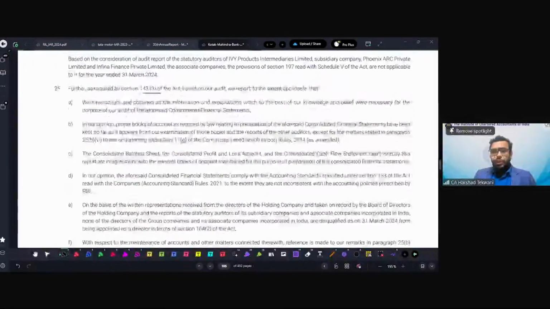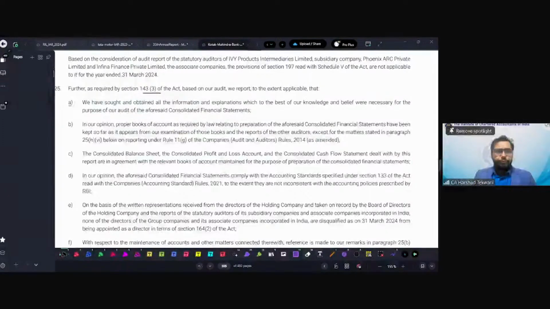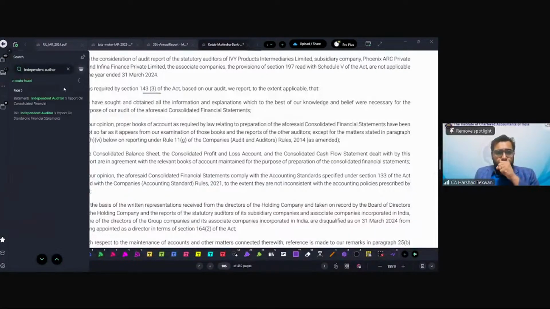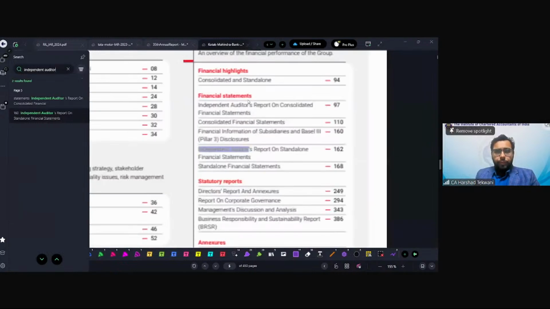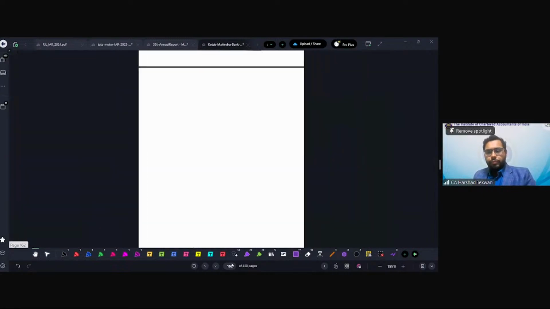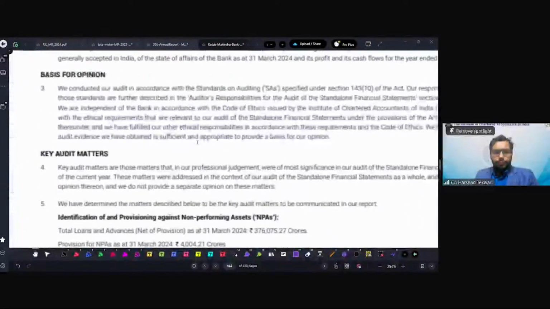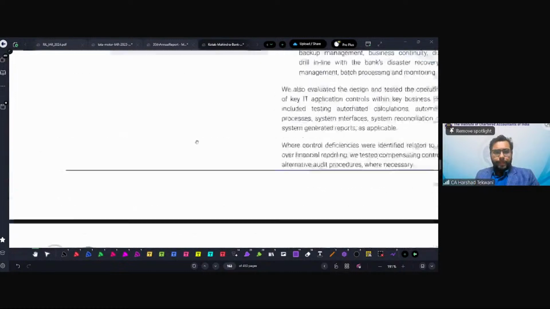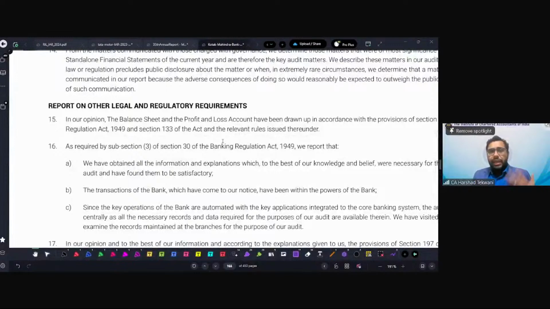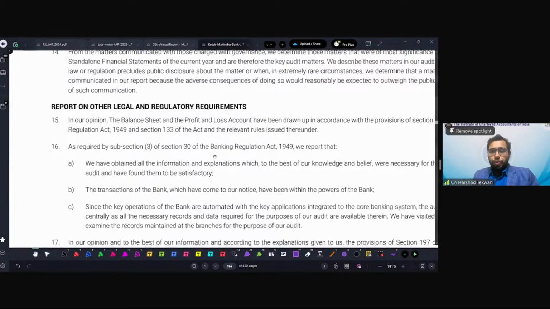Again, if I show you the standalone part of this particular report, the rest will remain the same. It is not something that will change, but yes, the legal and regulatory part will change. So if you see over here,